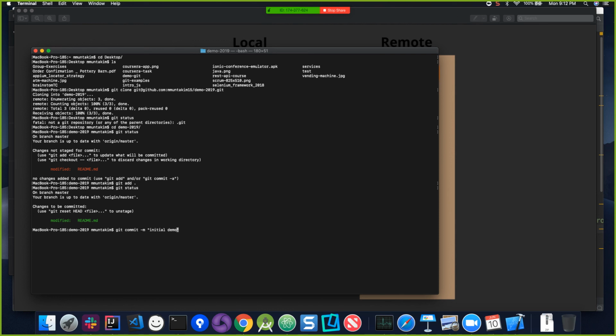initial demo commit, something that's descriptive. In your case, you might say, added or refactored the existing login locators, or added a sign up scenario, something that is relevant to what you're committing. Once you do this, now we have our git commit. You will say git push, dash u